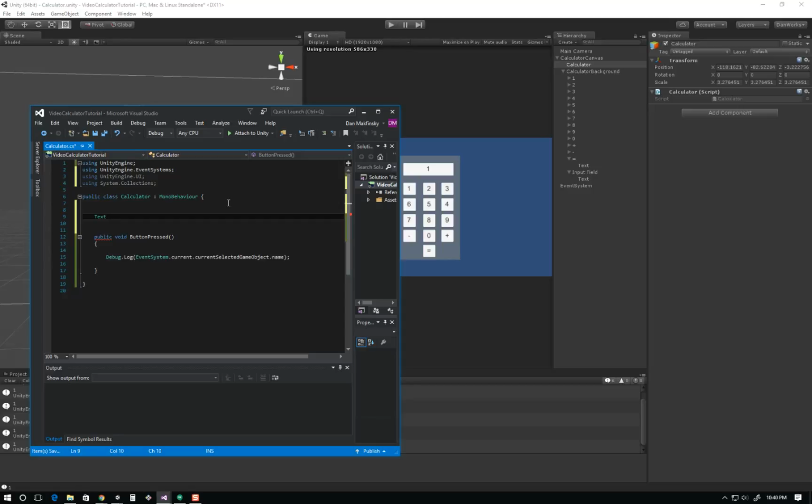In this case, our field is going to be a text element. It's really a text class, and you can do a deeper dive on these things, and I can teach you how to do that later. But this is going to be a text class. I'm going to call this the input field,